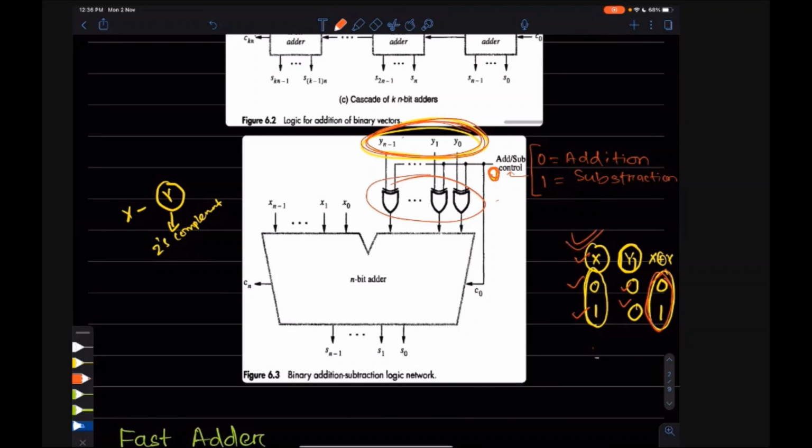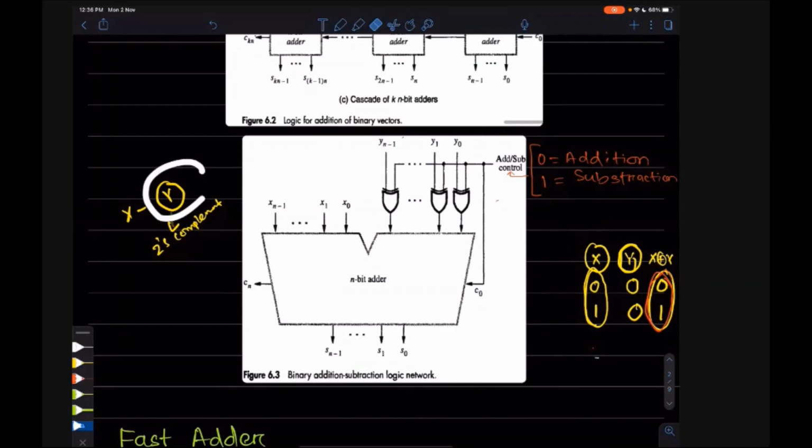That means the value is not changed, which means it is an addition operation. So we will do the simple addition operation and we will not change the value of Y. Whatever you give at Y goes into the adder circuit and is added with the value X.